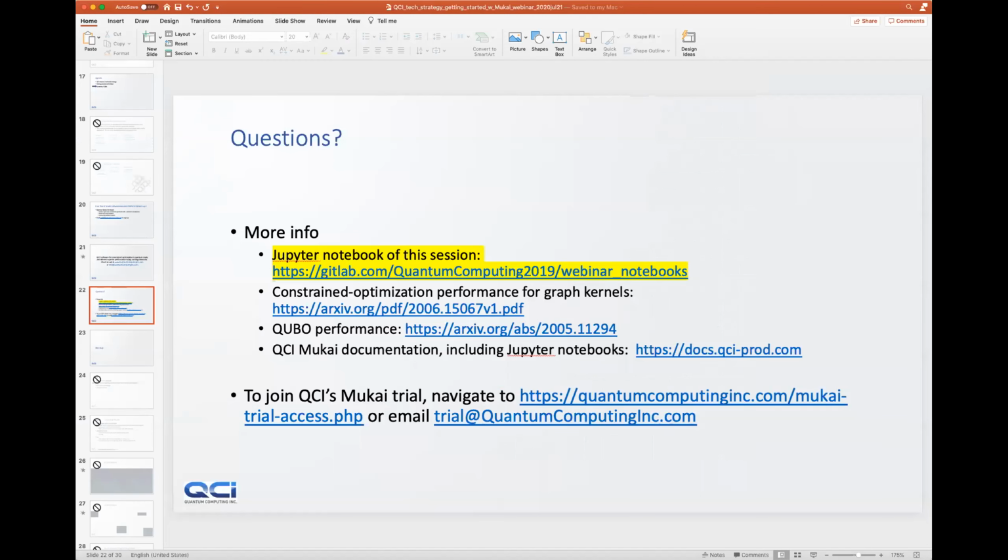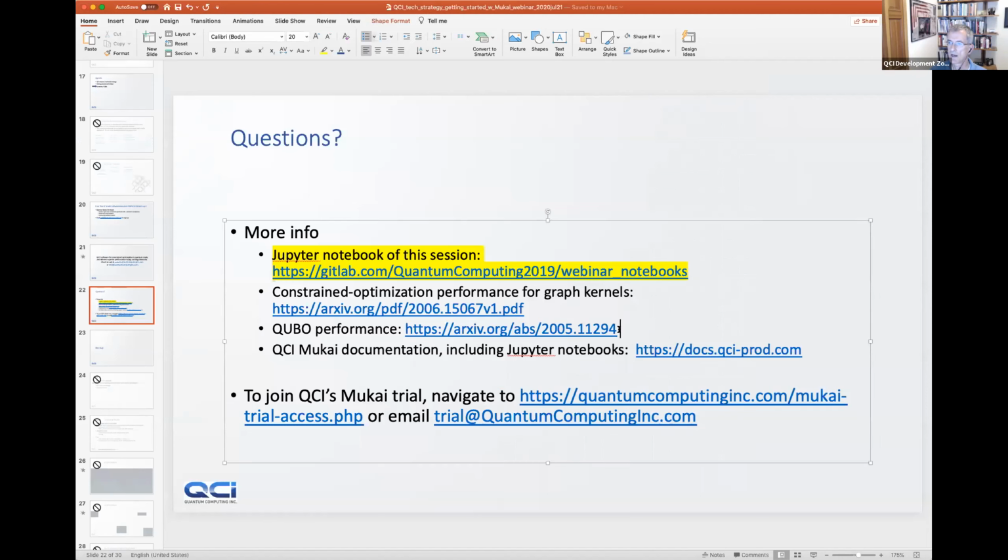Steve actually put up one of our papers that points out some of those performance benchmarks. I shared my slide here again. There are two papers on the archive now: one about constraint optimization performance for graph kernels, specifically graph partitioning, and another about QUBO performance.